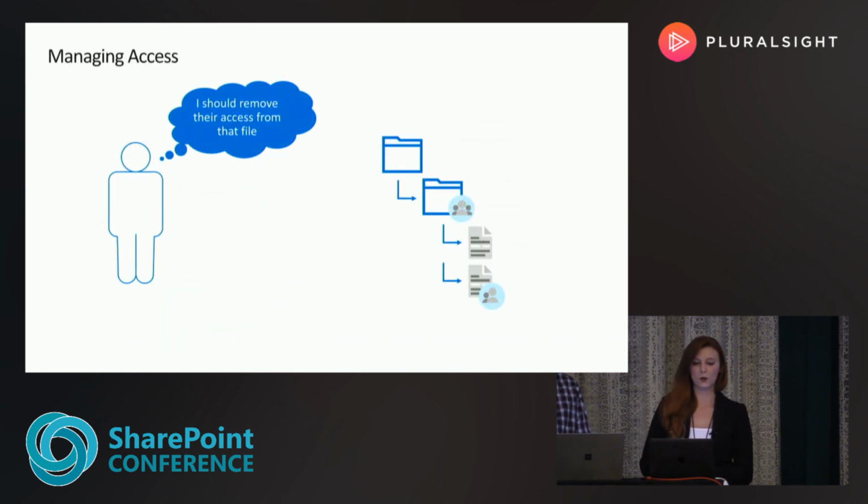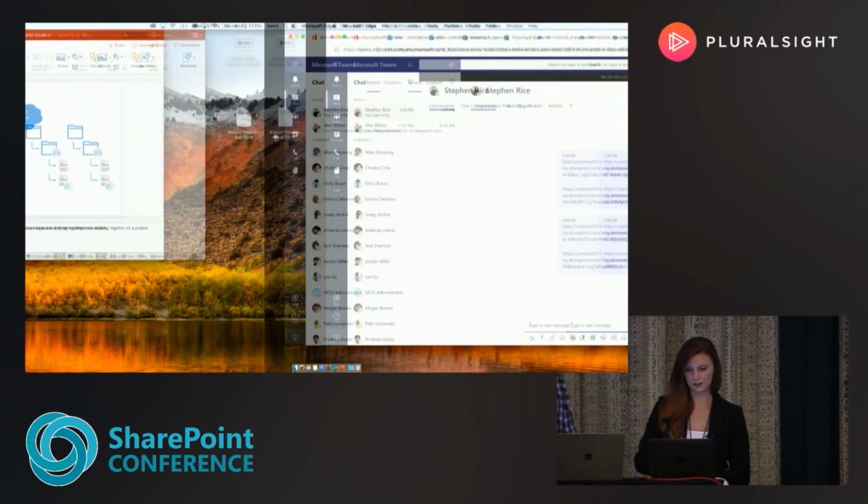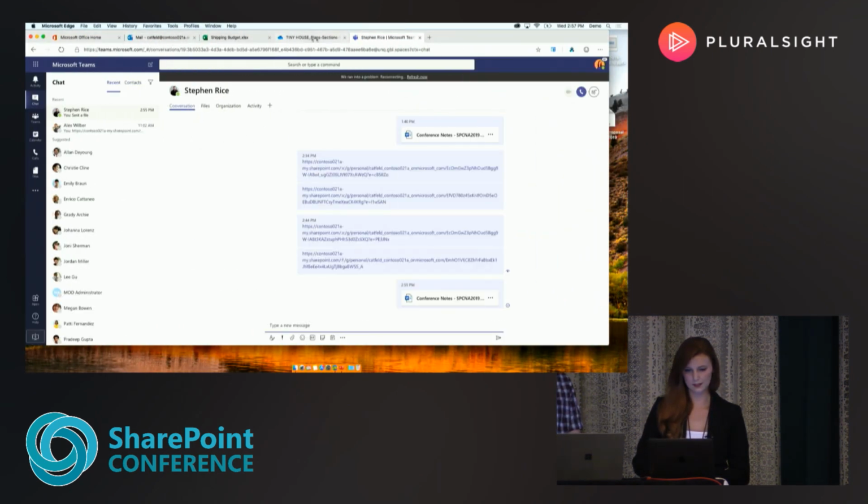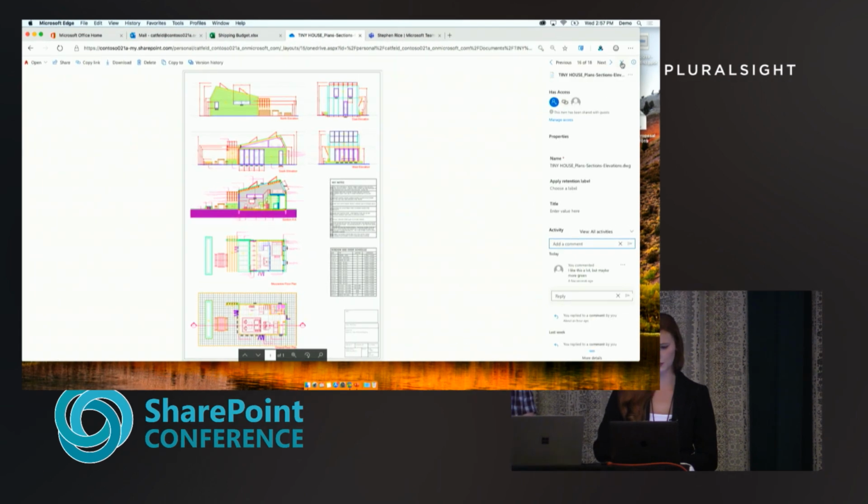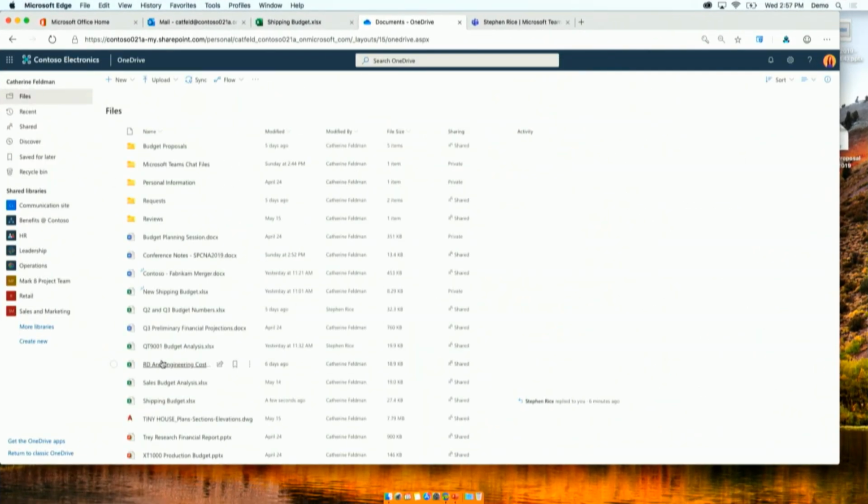Now let's talk about a scenario where I want to be able to remove access from a specific file. In this case, I'd want to be able to remove access from someone who I've been working with on a project, and I want to be able to granularly remove this person from that file. I will do so by switching over to my OneDrive. Close out of this beautiful preview. And in this case, I've been collaborating with Stephen on this shipping budget. So I'll go ahead and select this file,